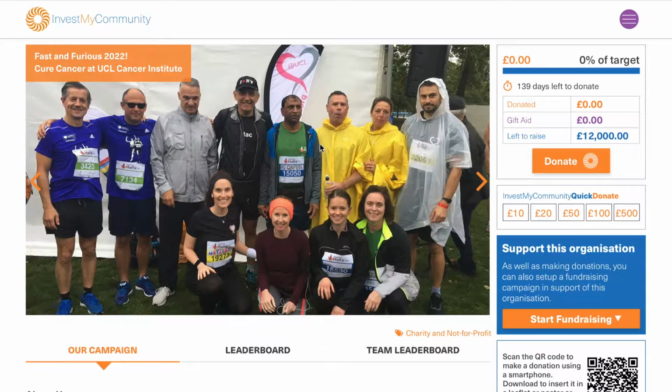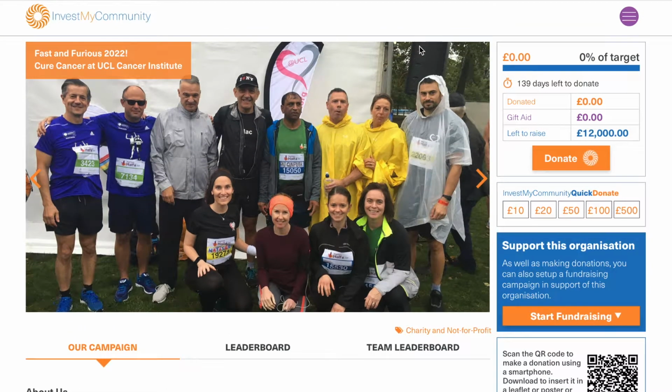So if we have a quick look at that, we can see they've got an image at the top. And they've got a totalizer up here, so they've only just created this page, so it's not showing anything just yet. And then you'll see there's a donate button here, so anybody can visit this page, click donate, and they can make a donation and add gift aid, which contributes to this initiative's